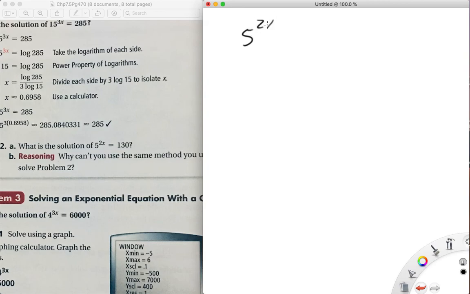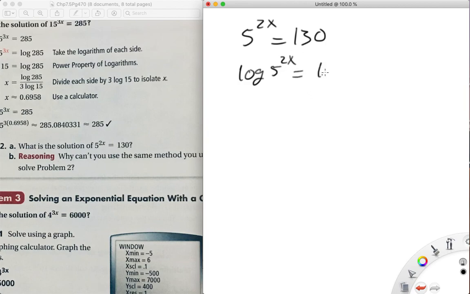5 to the 2x is equal to 130. In this particular case, there is no perfect base. There is no 5 raised to some power that equals 130. That doesn't exist. So in this case, we will use logarithms. And we're going to log both sides. So we're going to log 5 to the 2x,